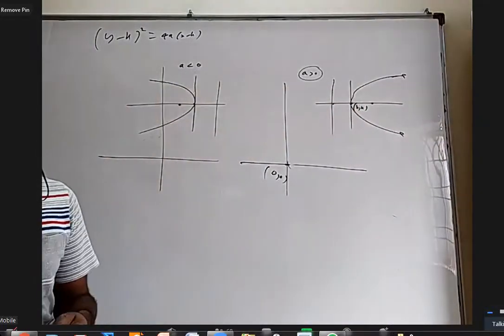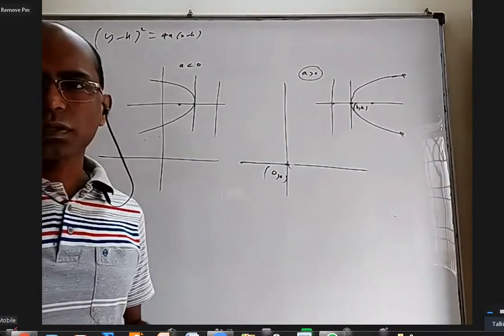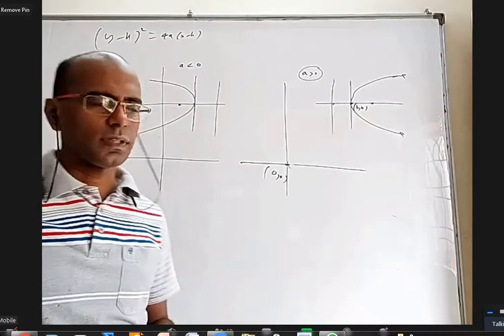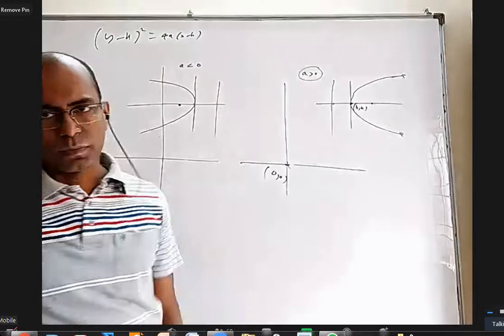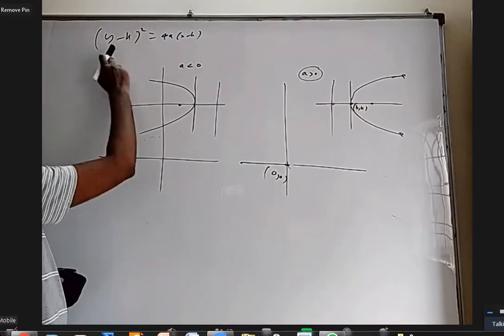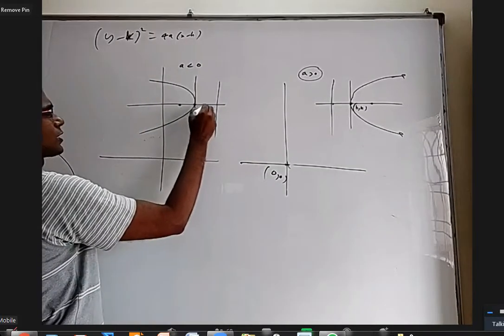Okay, it is like a circle also. When the center is shifted to some h comma k, earlier x square plus y square equals r square, now it is x minus h whole square plus y minus k whole square equal to r square. In the same way like this, one thing is the vertex should satisfy the parabola equation. So when you substitute that h comma k, when you put k here it's 0, when you put h here it's 0. It is simply translation of axis, nothing more.